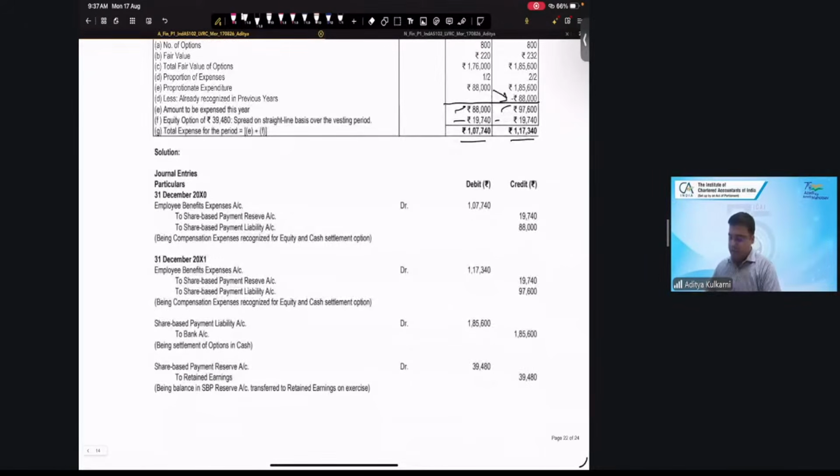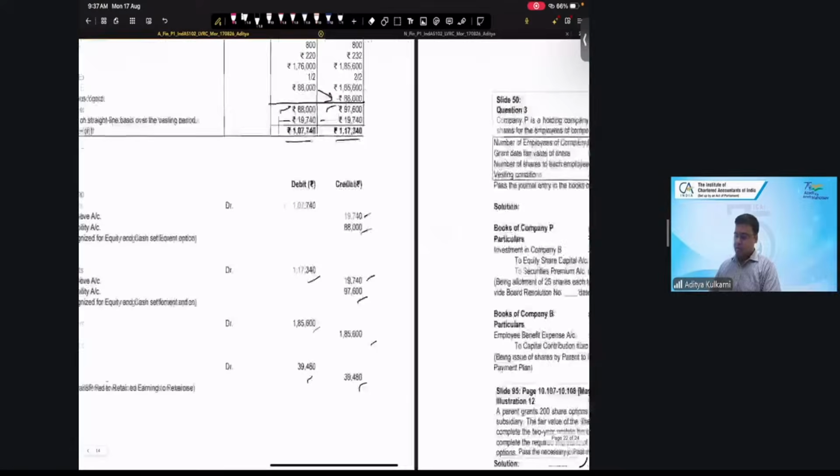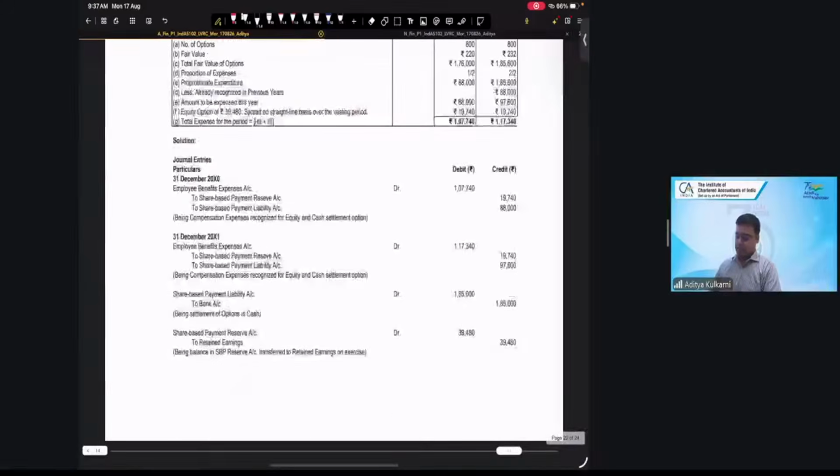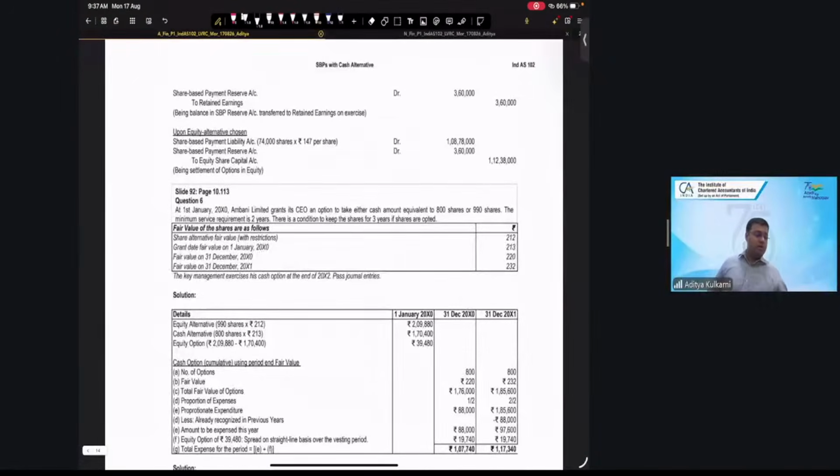So employee benefit expense account debit 1,07,000 to SBP reserve, to SBP liability. Similar entry 1,17,340 SBP reserve, SBP liability. If you opt for cash option, then share-based payment liability to bank, and SBP reserve will move towards retained earnings. All right. So that is all about